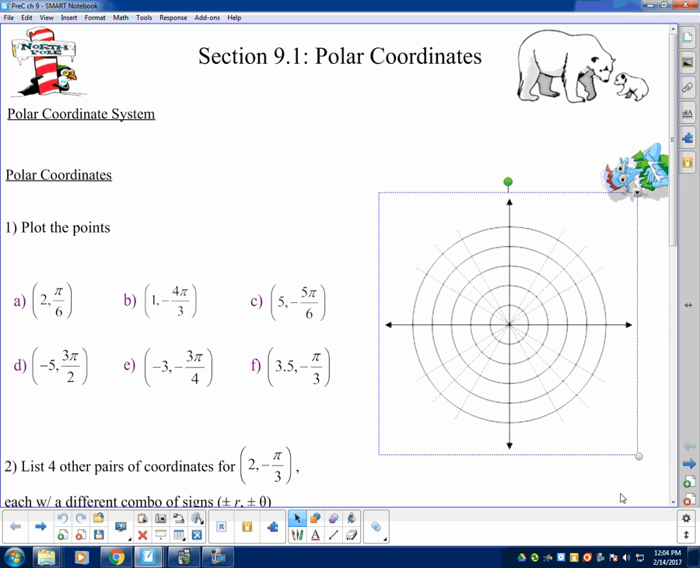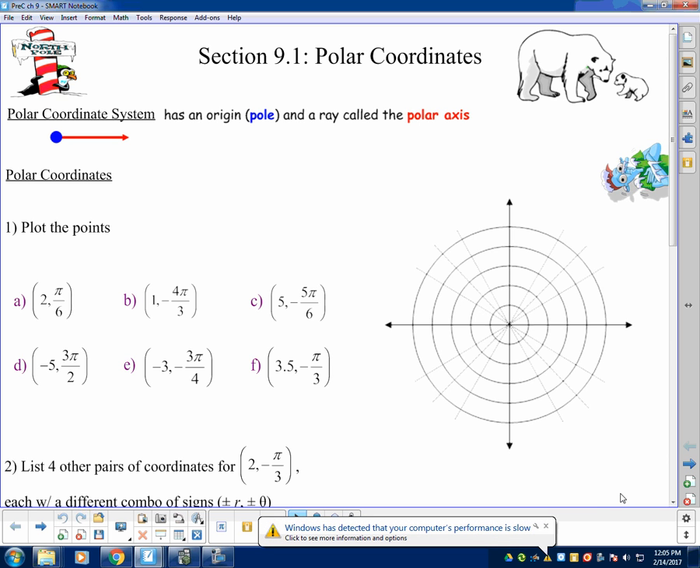But so polar coordinates. Okay, guys. What we're going to use polar coordinates for is it's just another way to represent points in a two-dimensional plane. There's a connection between rectangular coordinates and polar coordinates where we change rectangular coordinates to polar coordinates by using some trigonometry. So that's the connection to what we've been doing. The polar coordinate system